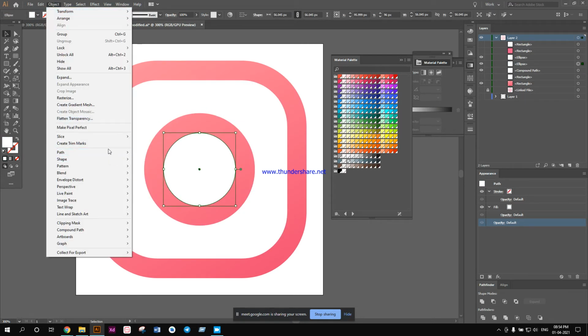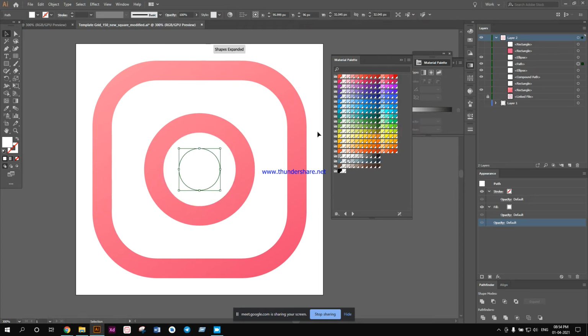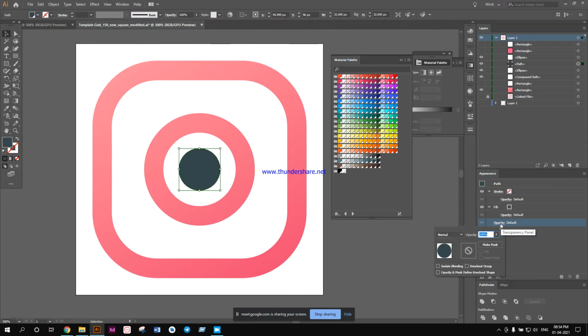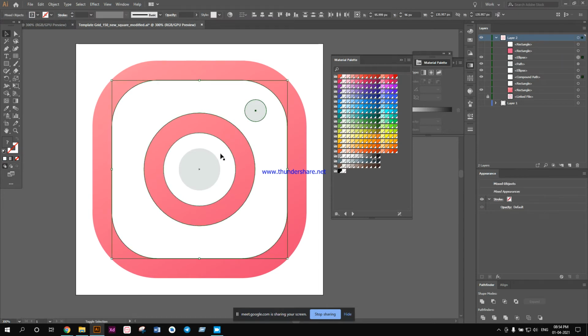Okay, I'm going to do another offset path. 10 should be nice for this one. 15. This one also, we'll take the color of this one. Okay, and I'm going to drag everything a little bit more inside.